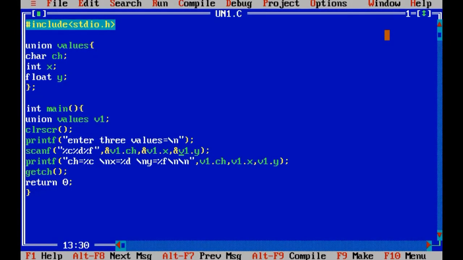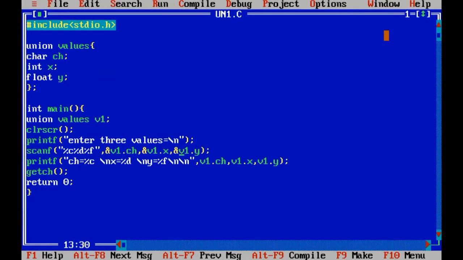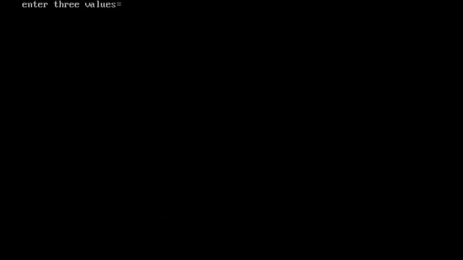Okay friends, so I'll execute this program. It is asking me to enter three values. I am entering, first a letter, G, second an integer value, 78, and third a float value, 9.654.